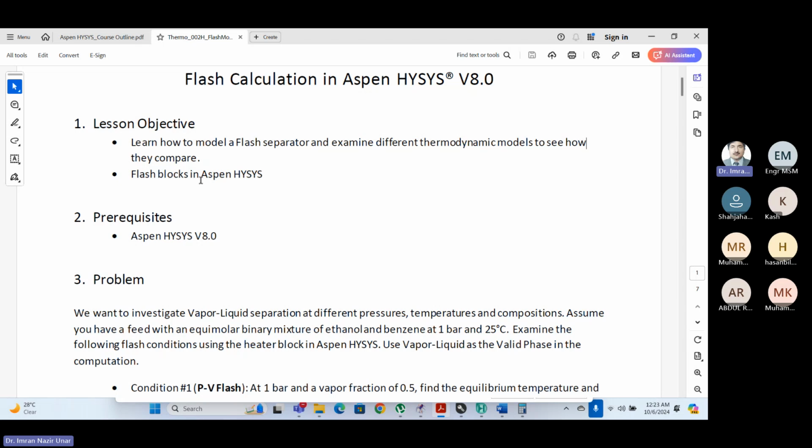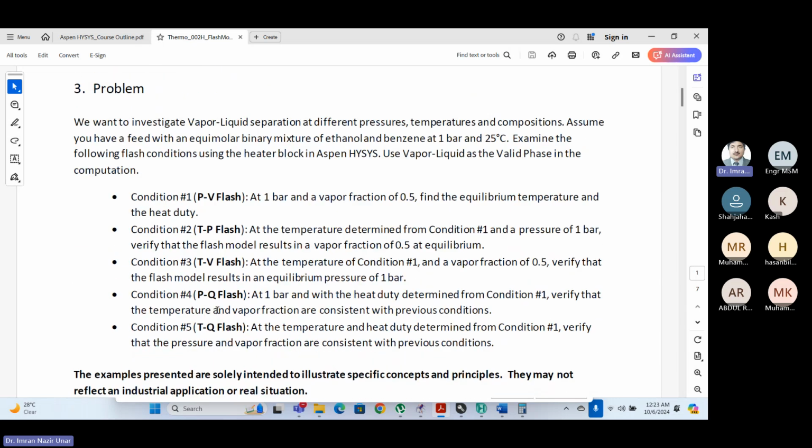Flash models actually समझने हैं। हमारे पास 5 कंडीशंस हैं या 5 फ्लैश मॉडल्स हैं। एक है पीवी फ्लैश, प्रेशर वॉल्यूम फ्लैश, फिर टीपी फ्लैश, फिर टीवी फ्लैश, फिर पी क्यू फ्लैश, फिर टी क्यू फ्लैश। ये हमारे पास 5 कंडीशंस हैं जो हम इस ट्यूटोरियल में यूज करेंगे।